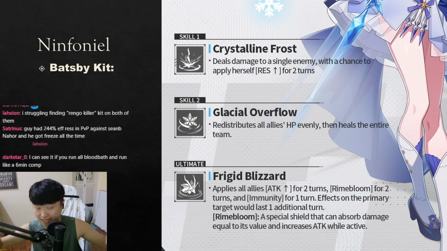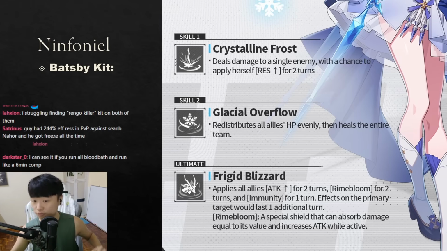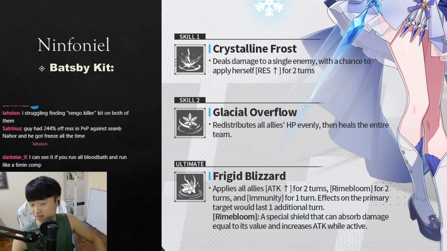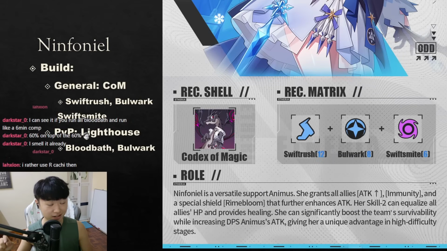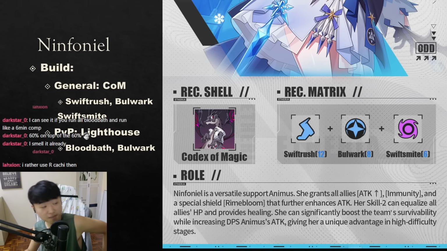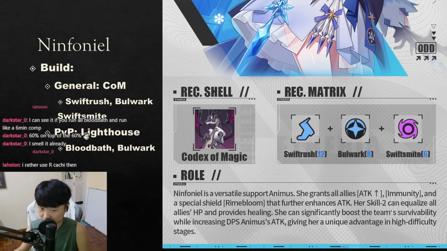If it's a greater attack buff, then Ninfoniel is actually the most offensive option for healers, for people to clear things really fast. And that could be good in certain stages or in certain accounts. Ninfoniel build. This is the recommended build. As I mentioned, recommended doesn't mean they know what the future is going to hold, because that's the same case with Lilium. So recommended from Etheria Restart's official Twitter is Codex of Magic being a recommended shell on Swift Rush,